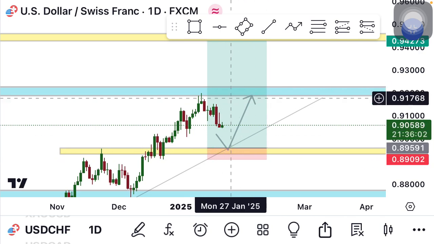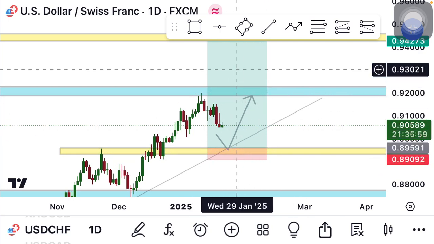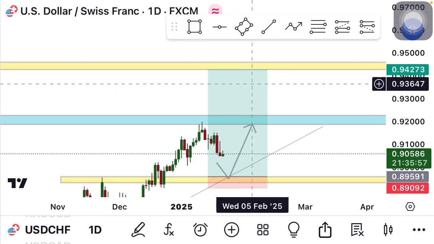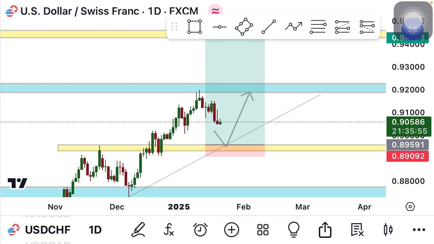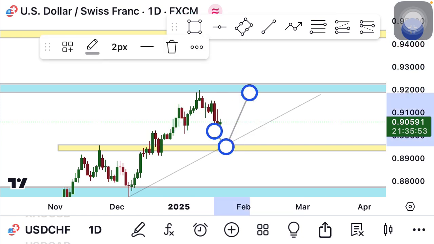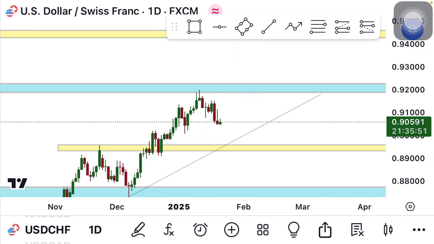Your first take profit will be at this level, you move stop loss to break even, then let the remaining trade run all the way to this zone, right? But let's see some opportunities for the sell. Obviously, when price is making a deeper pullback, I usually advise you seize the opportunity of trading